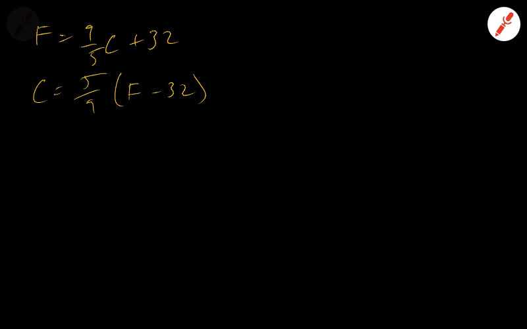The problem I have with these conversions, even though they're correct, is that they're kind of hard to remember. I mean, you can remember that there's a 9/5 or 5/9 somewhere thrown in there. There's a plus or minus 32, but where do the parentheses go? Do we multiply first or subtract first? And I can never remember that. So I usually use a different form, which makes use of